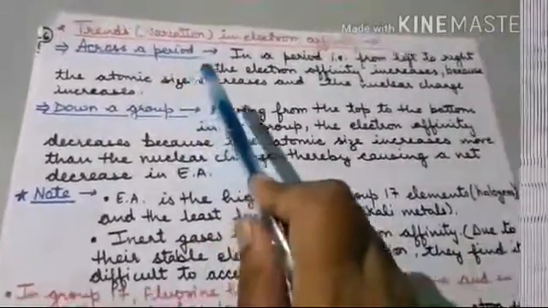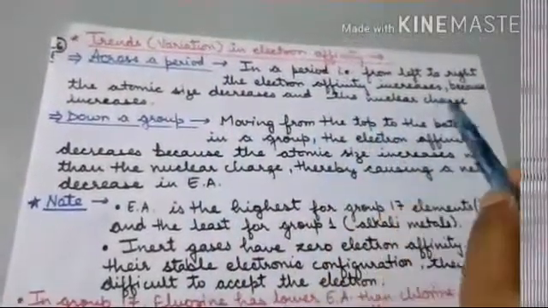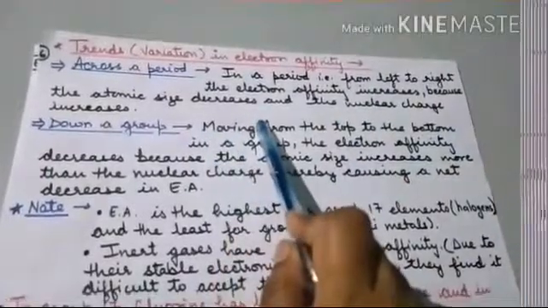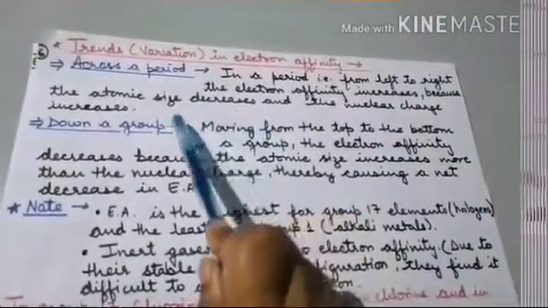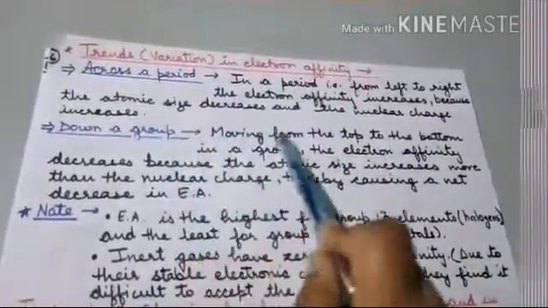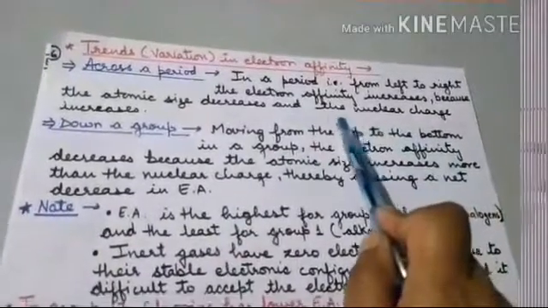Now trends of variation in electron affinity across a period. In a period from left to right, the electron affinity increases because the atomic size decreases. We have already read that if the atomic size decreases, electron affinity will increase. So in a period from left to right, atomic size decreases, that's why the electron affinity increases, and the nuclear